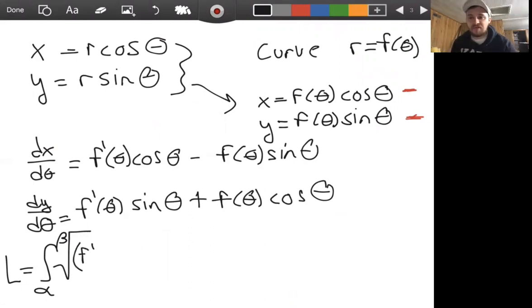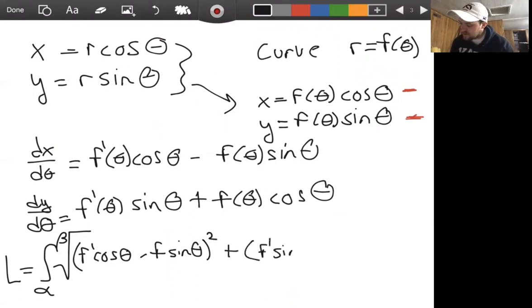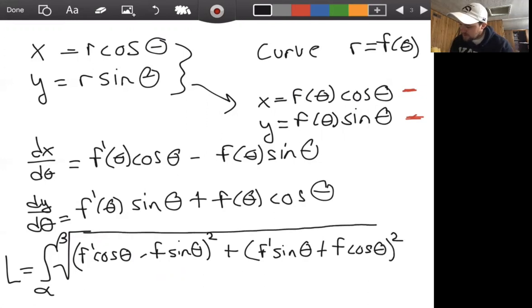I'm going to drop the theta around the f's here to just save some room. So we have f prime cosine theta minus f sine theta quantity squared plus, that was dx d theta, and now dy d theta is f prime sine theta plus f cosine theta quantity squared. All of that is under the square root d theta. And now this formula is not helpful at all. In fact, it's more confusing or maybe less intuitive than